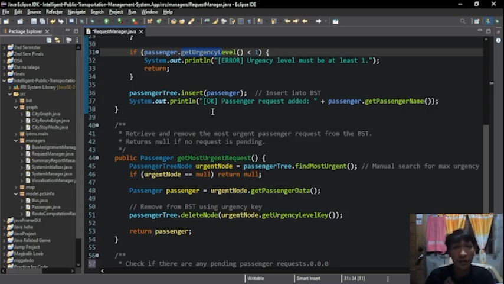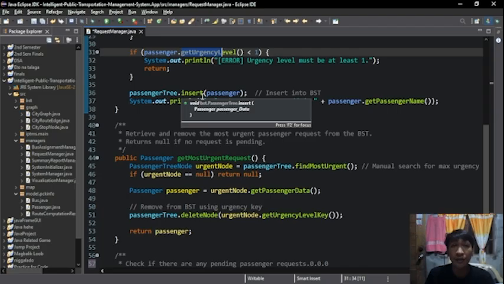Has pending request method. This method simply checks whether there are any passengers left in the tree. It returns true if requests are pending and false if the tree is empty. This is useful for system logic that determines whether dispatching can proceed.